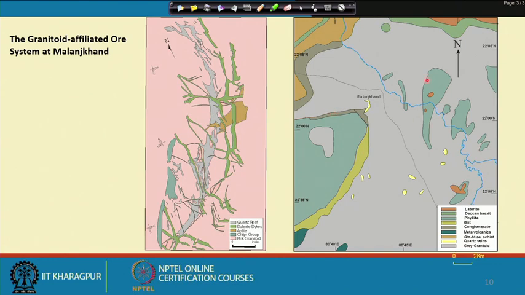The rock units shown here in different colors like green and yellow are the younger Chilpighat group of rocks, which are not related to mineralization, and this we know is part of the northwestern margin of the Bastar Craton, which is juxtaposed with the Central Indian Tectonic Zone, and the southernmost element of it is the CIS, the Central Indian Suture. So, this is the local mine scale geological map which shows this arcuate